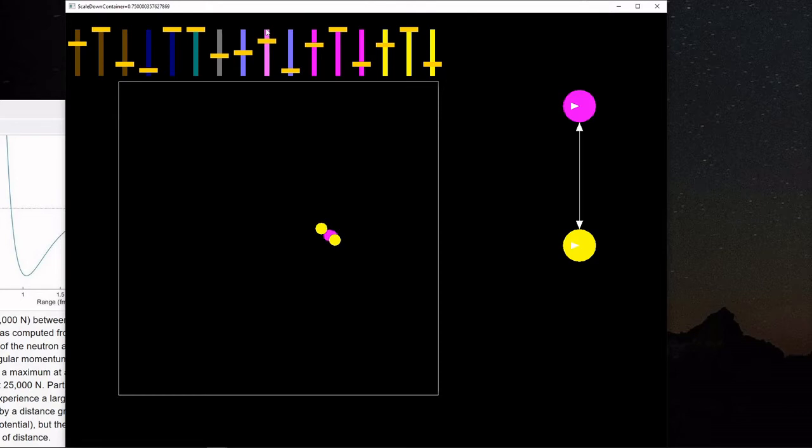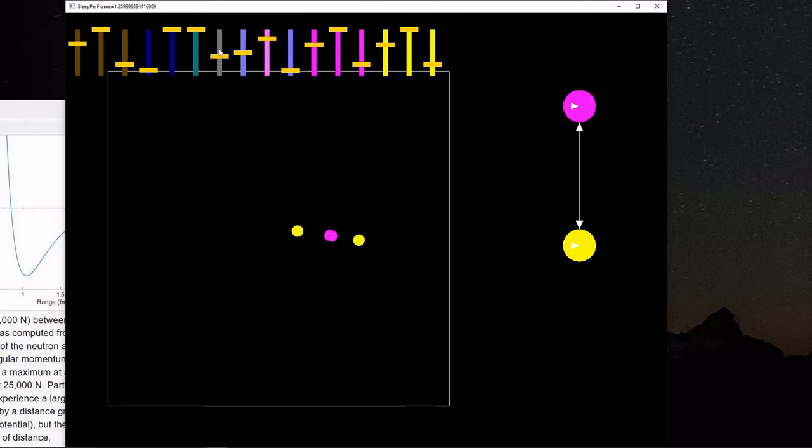Oh, I should speed things up. So cool. There we go. Super fast. Wow. I would have never seen that if I didn't speed it up. So that's slower, faster, faster, faster, faster. Okay, so now the reason this guy's wobbling, the two protons going back and forth, is